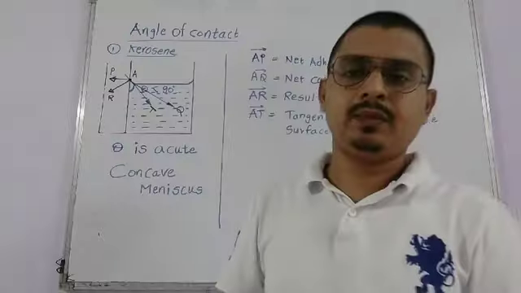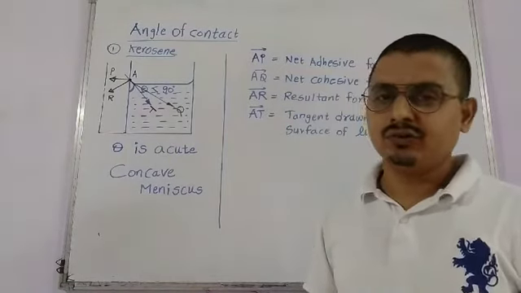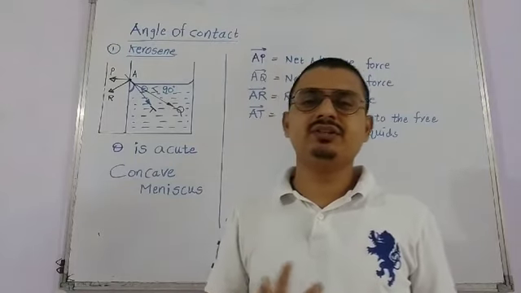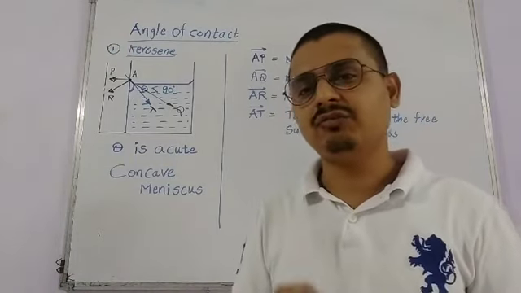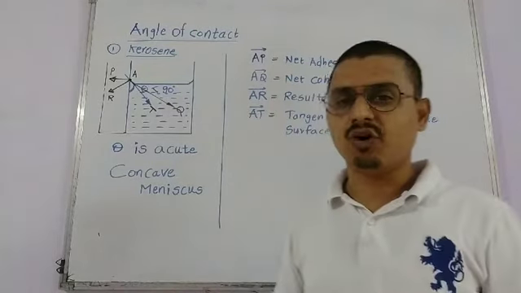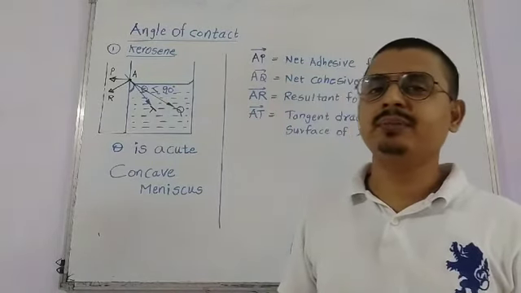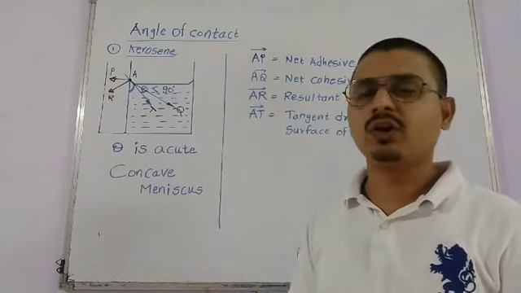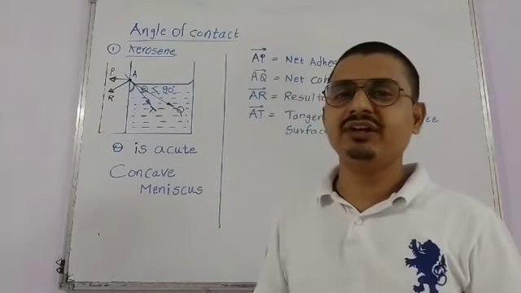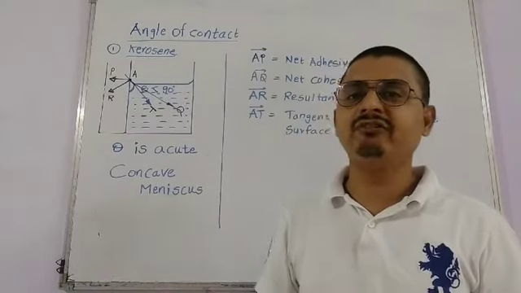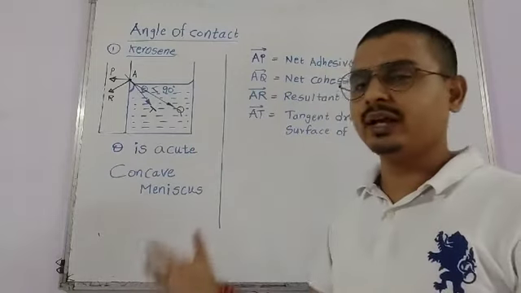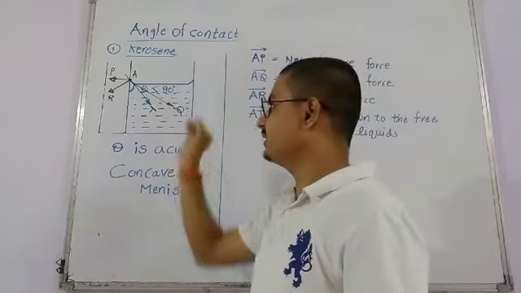That's it. Now to understand the angle of contact, we are considering three cases, in which the first case is where the angle of contact is acute, where a concave meniscus forms. For example, impure water or kerosene, which partially or completely wets the surface of the solid. So this kerosene is forming a concave meniscus.